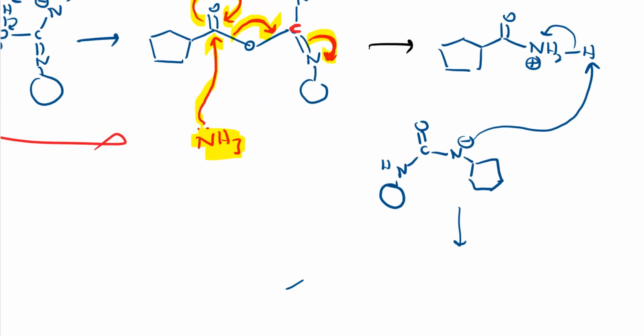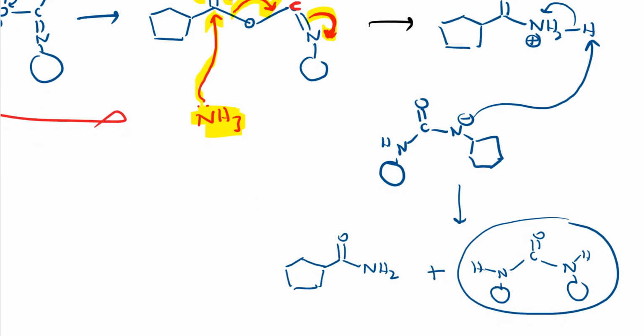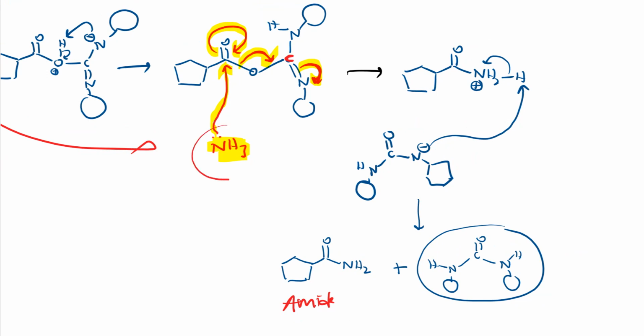See here, I will get directly this one, CONH2, right? Plus here C double bond O, NH cyclohexane ring, here also NH cyclohexane ring. So what is this? This is my N,N'-dicyclohexyl urea, right? So this thing I will get along with that, and here I have got this amide. So here, instead of adding ammonia, if I add any alcohol, ROH, then what happens? This alcohol OH is there, right?